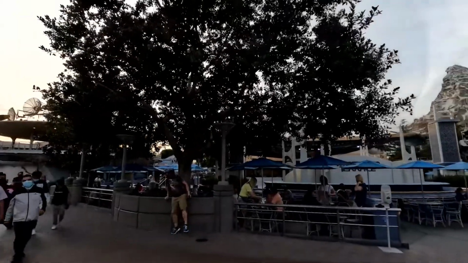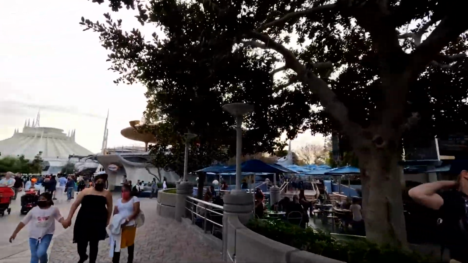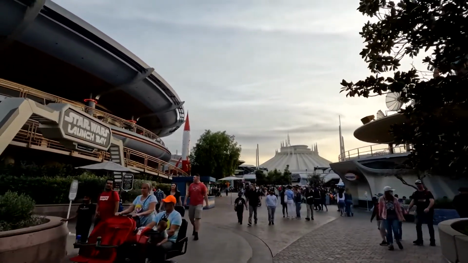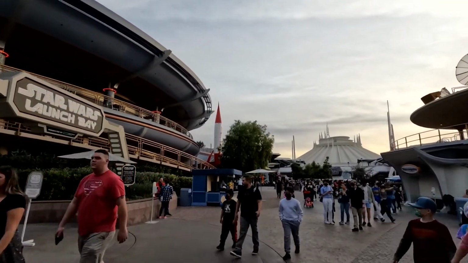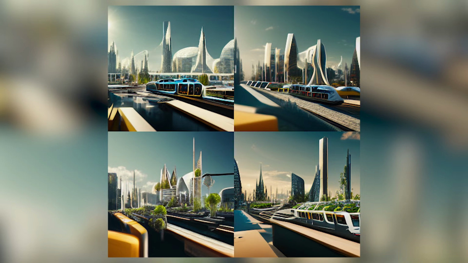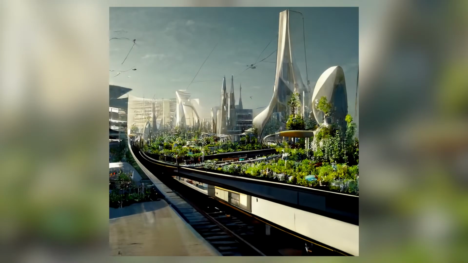Now, Tomorrowland is probably one of the more fun ones to do, just because you're looking at a more futuristic style. There's a lot more imagination that can go into it. I do love at Disneyland's Tomorrowland how there's a lot of vegetation everywhere, a lot of plants, and I wanted to mix that with the white cleanness of Space Mountain, and unify the entire land with it. So obviously I went more cyberpunk,